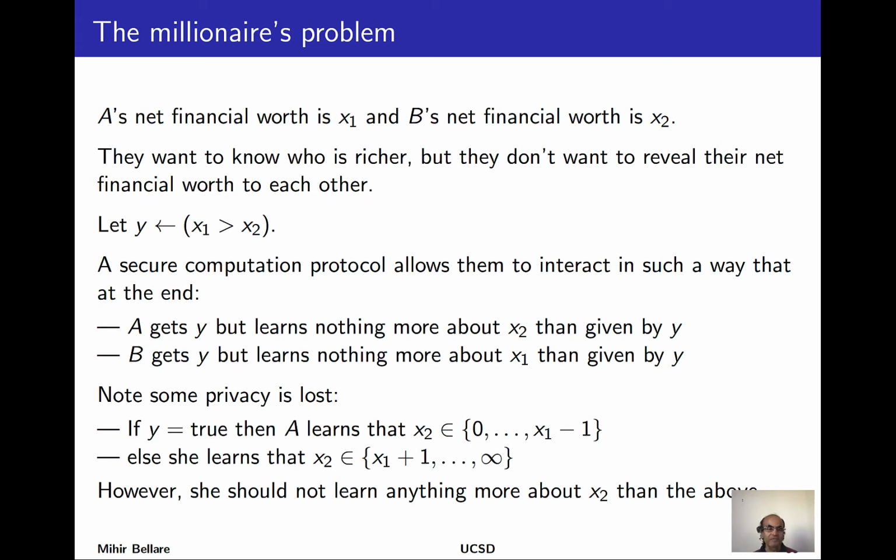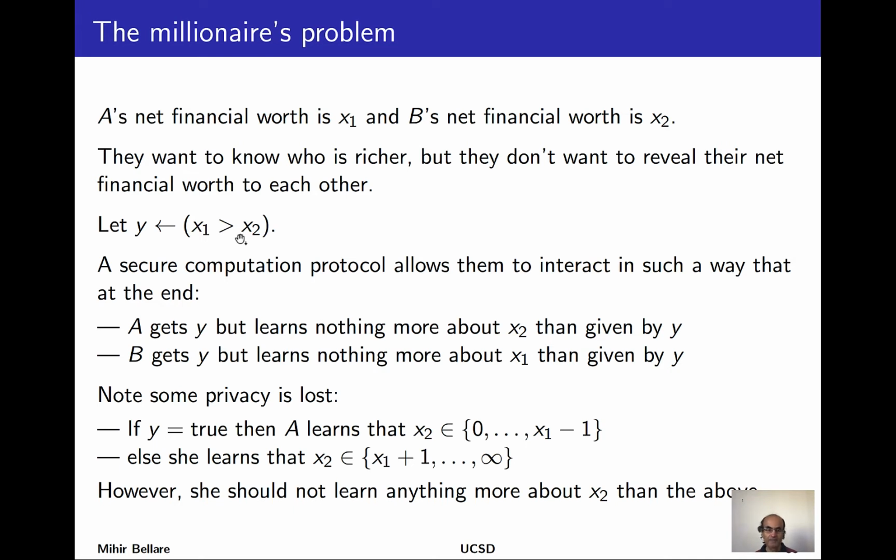There's a number of classical example stories with which the problem of secure computation is usually introduced, and one of them is this millionaire's problem. So Alice and Bob are now egotistical millionaires. Alice's net financial worth is X1, Bob's is X2, and they want to know who is richer. That means they desire to compute this Boolean, which takes value true if X1 is bigger than X2 and false